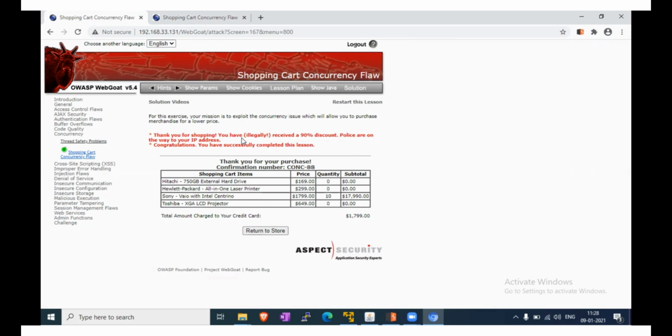So here is the lab we have performed. In this lab, we exploited the business logic design flaw to purchase a large quantity at a very cheap price. This happened due to the lack of server-side checks or a lack of sequence of events such as the shopping cart checkout. So it's all about the business logic data validation.